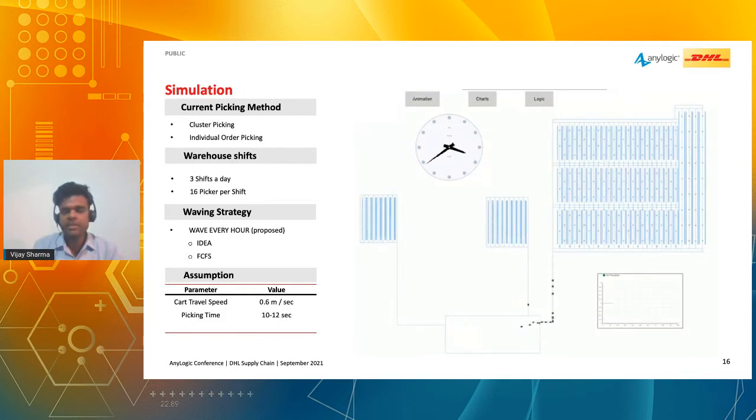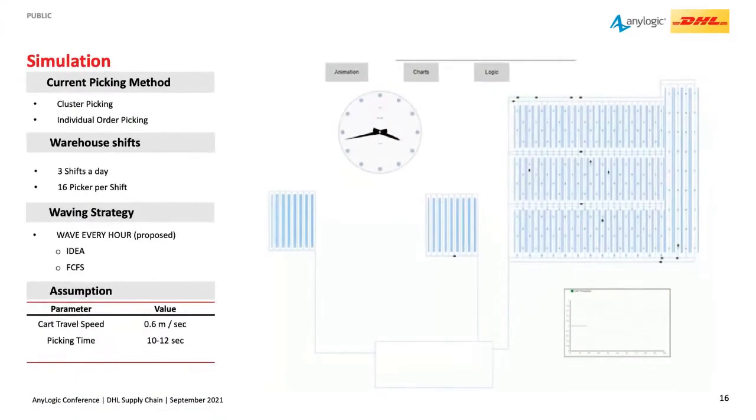Here is a glimpse of the animation of the simulation. Because there are 16 pickers, we can see up to 16 carts at a time, and carts move into the aisles and stop at the locations for picking. If any other cart comes on the way, that cart will wait for its path to become clear. At the bottom is the home location of the cart. After picking all the SKUs, carts come to this location.